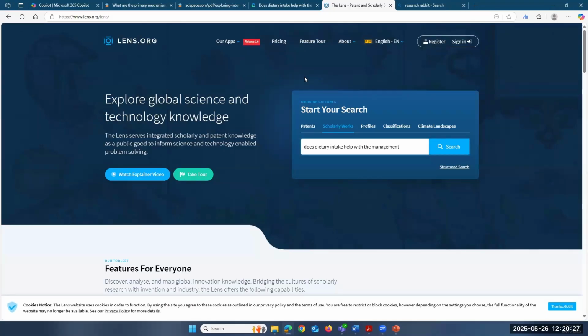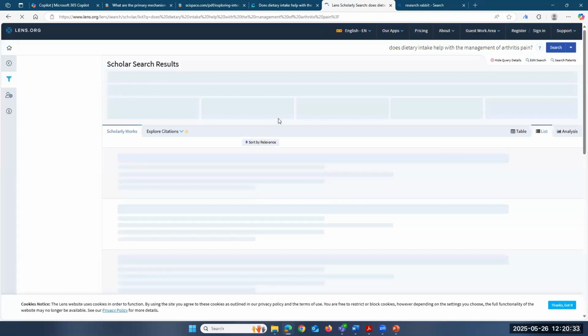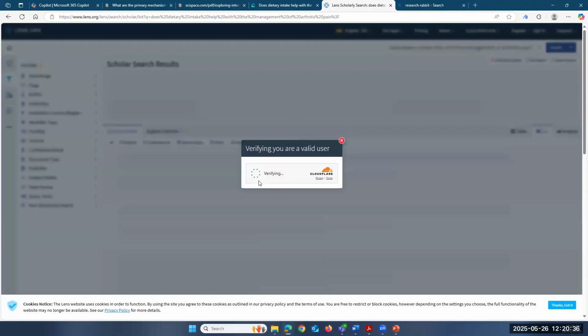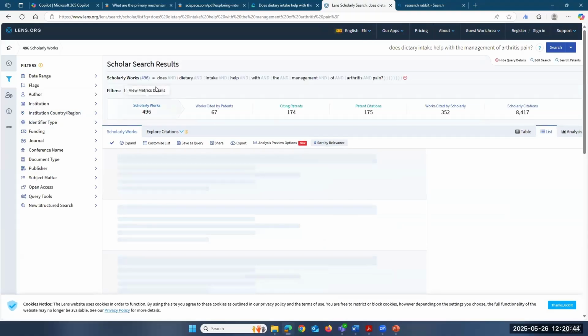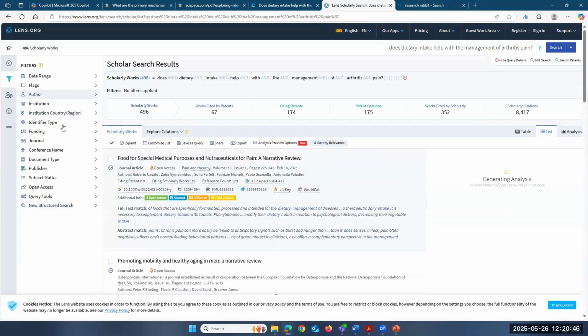Sorry, I should have copied and pasted that. So you can see pretty quick, verifying I'm a real person and not a robot. Success. Okay, so the thing that's really helpful about Lens is that it's looking for all of these types of